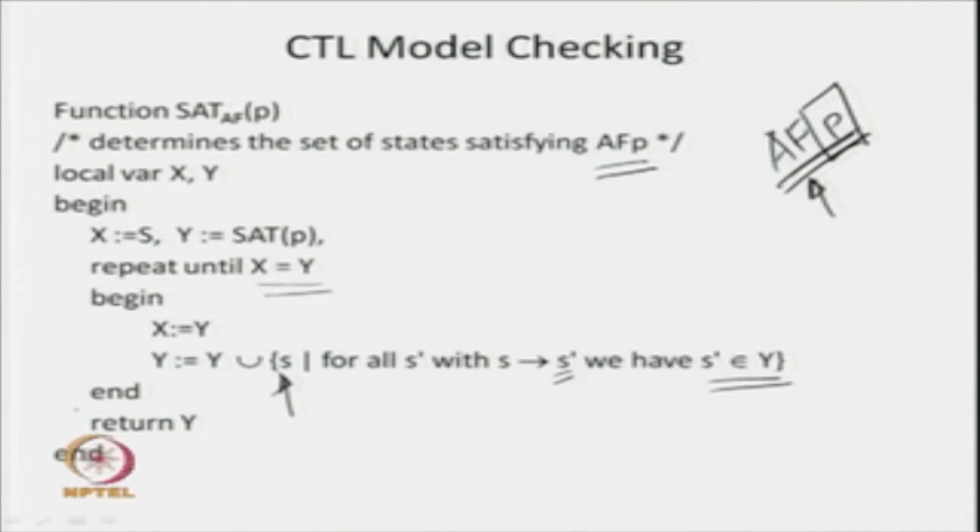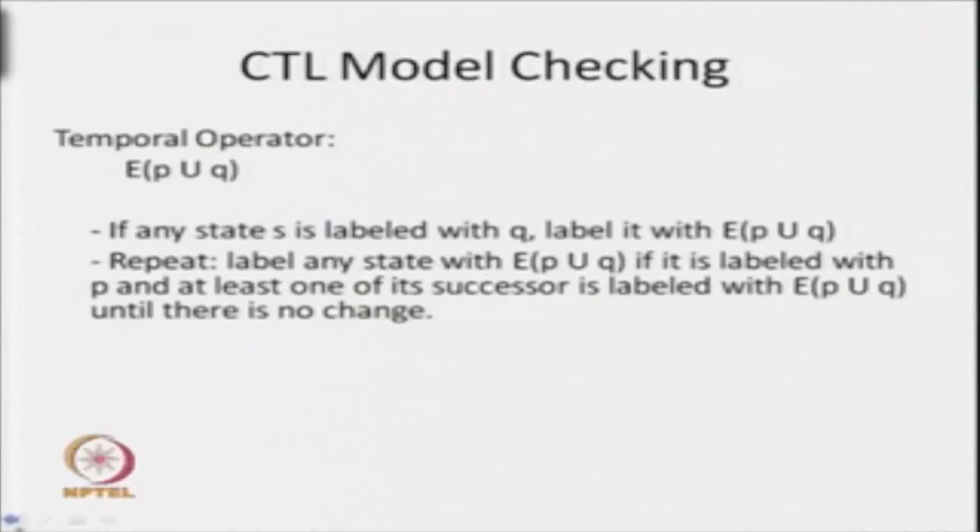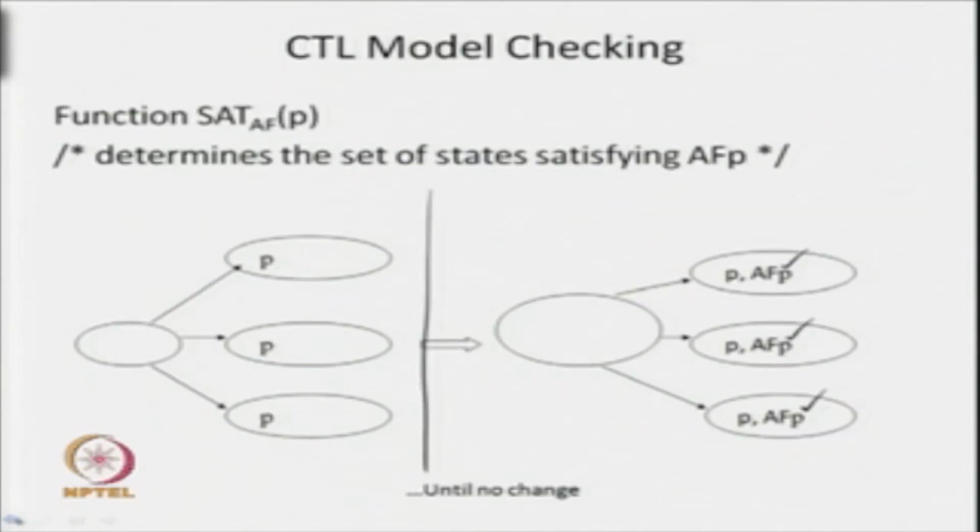Okay. Again, we will repeat this loop, and we are going to check whether X equals Y or not. If in any scenario Y is not updated, then X and Y remain the same. So, in that case, we can terminate this procedure. You just see that we are collecting, going from the set of states where P is true and traversing the whole graph, collecting all the states. If at any point of time we cannot include any more states, it says that you stop here itself, because now there is no possibility of including any more states. I will tell you one